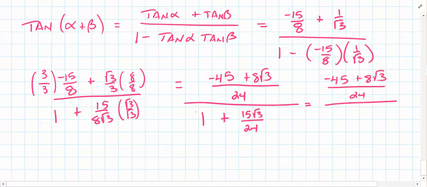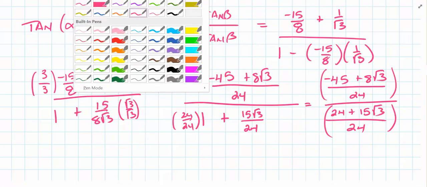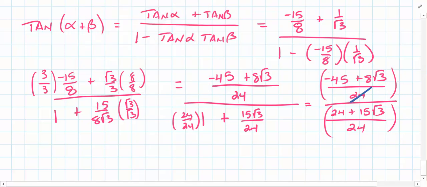All divided by, this piece needs a what over what? 24 over 24. Good, okay. So it's going to be 24 plus a 15 root 3 all divided by a 24. Who got this far? Hands up. Okay, now we're down to 3 people who got that far. Good. Okay, notice, if you have a fraction over a fraction,